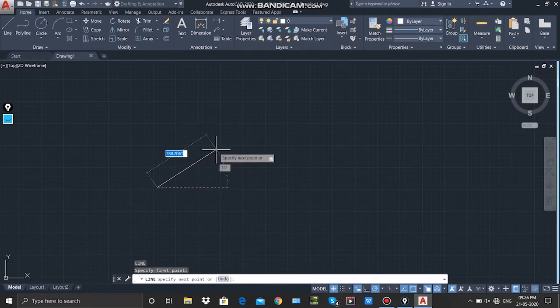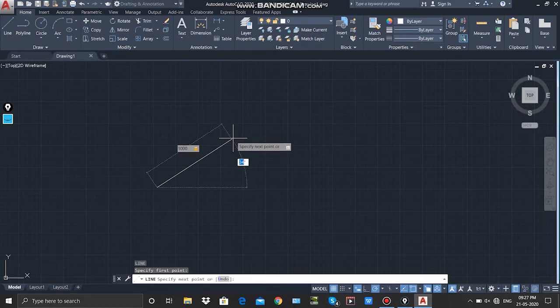and then you can give the length and angle with the horizontal axis of your line in the command line or in the dynamic input box. So I will draw a line of length 1000 unit. So I will enter 1000, and to enter the angle just press tab.